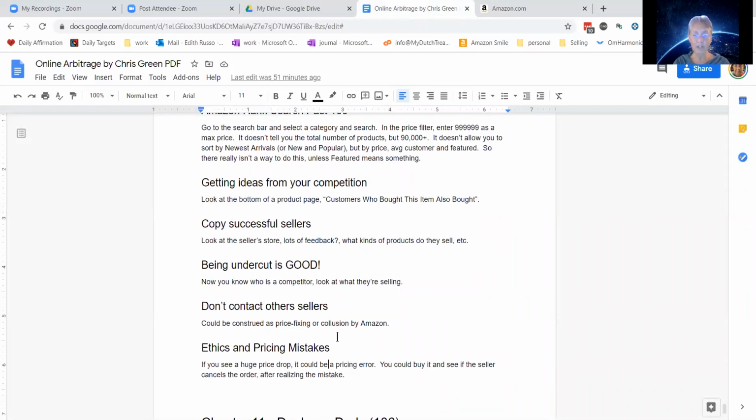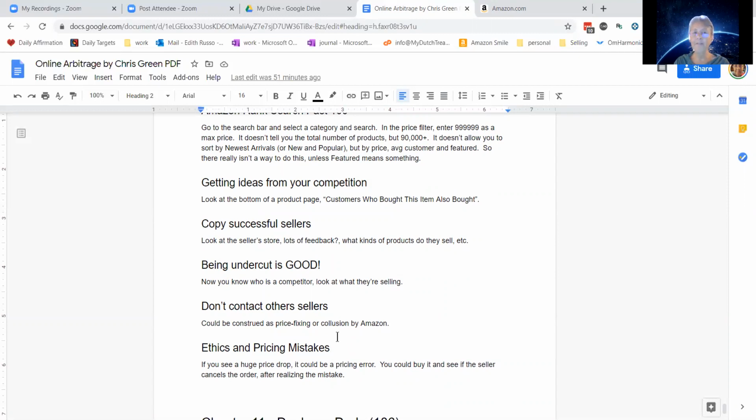And the last thing he talked about was ethics and pricing mistakes. So say you're watching Keepa or Camel, and they tell you about this huge price drop. And it's been mentioned that Amazon will do a big price drop if they're trying to match a current ongoing sale. Another reason for a price drop could potentially be that somebody just typed in the wrong number. So if they wanted to sell something for $112, they forgot the first one, and they're selling it for $12 instead. Somebody's going to catch it, and then it's up to you to determine, okay, well, this person could be